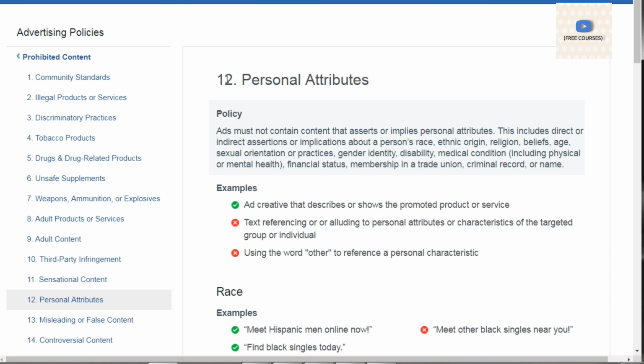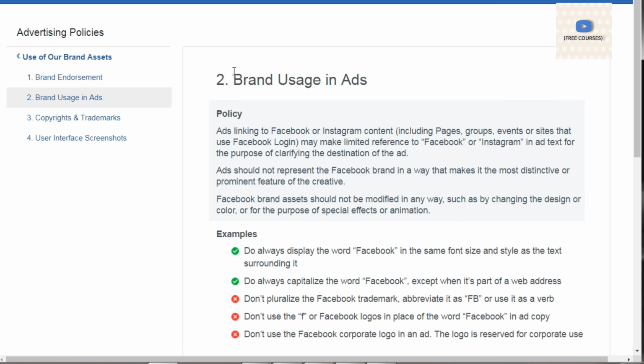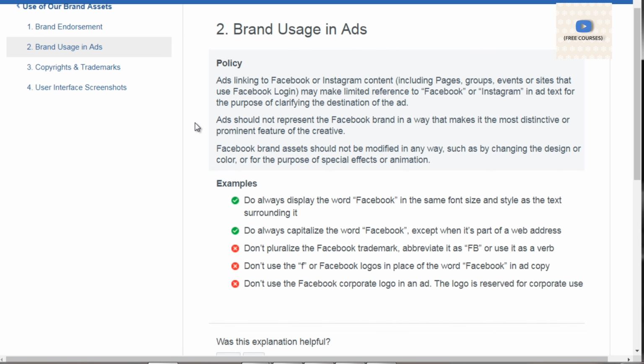Because when you get an account banned or deleted, that's just a headache. Another thing is brand usage in ads. They don't like it when you use other people's brands. If it's your brand, that's okay. But if you use something like Coca-Cola's brand in your ads, that means it's going to be a legal lawsuit against them. And they don't want that. All right. So they don't want to deal with that.